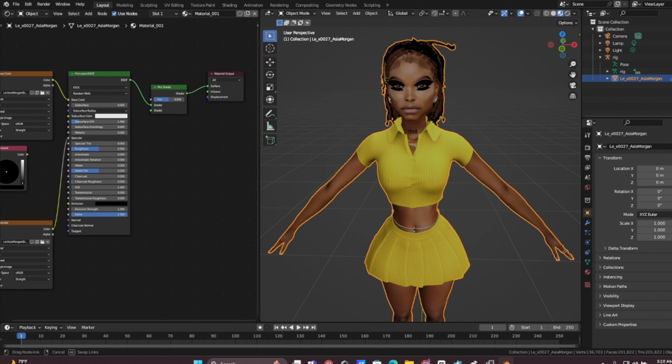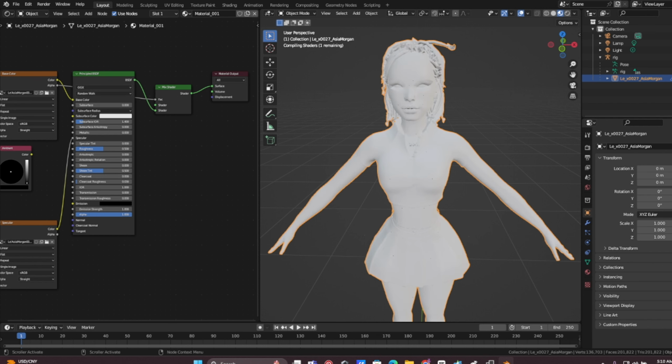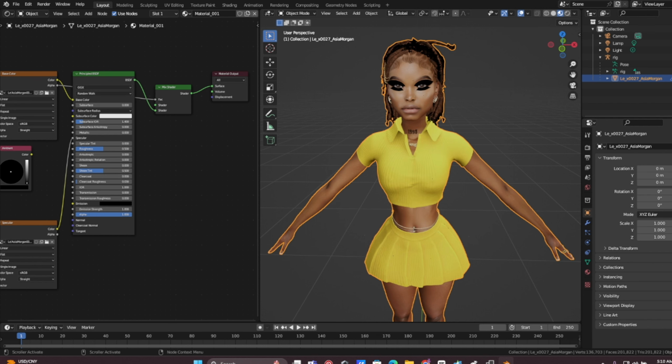Next, we're going to go all the way to the base color. Under color, it says alpha. We're going to click and drag the alpha dot all the way to the FAC dot. Okay, alpha dot all the way to the FAC dot. And then once I do that, I'm going to do Shift A again, go to shader again, and you're